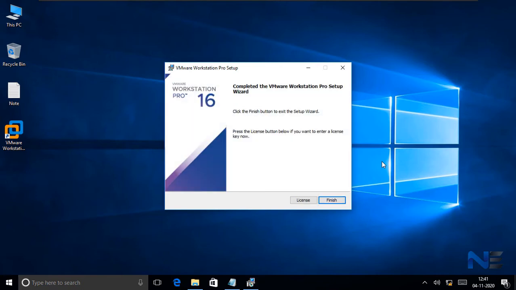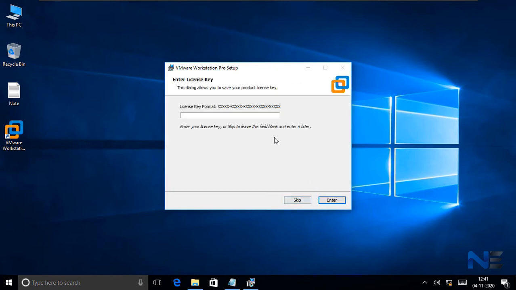You can click finish here if you don't have license. I have license, so I'm clicking license. Copy and paste your license here, or you can skip if you don't have license. Let me open.